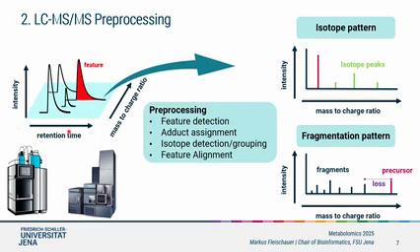You're separating your compounds, and the mass spec is then measuring MS1 and MS2 spectra of these compounds, and the job of the preprocessing is basically to detect these features, to assign possible adducts, detect isotopes and group them, and if you have multiple runs, to align the features so that you know which feature belongs to which over multiple runs. For SIRIUS, the important part is that for a feature we extract the isotope pattern here in green and red,